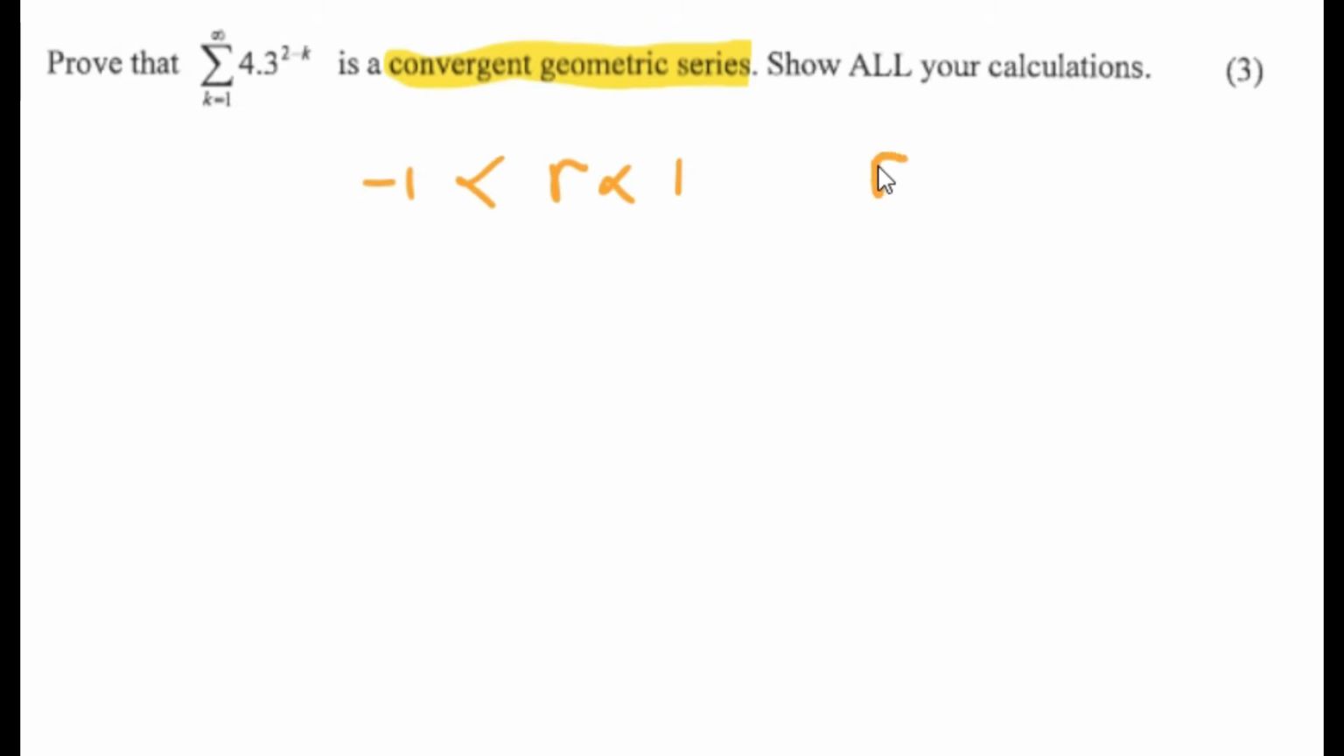Now, your r in a geometric series or sequence is t2 over t1, which is equal to t3 over t2. So that's how you figure out what your r is. So we need to figure out what our first three terms are, and that will definitely help us get our r. To get our first three terms, all we need to focus on is our sigma notation